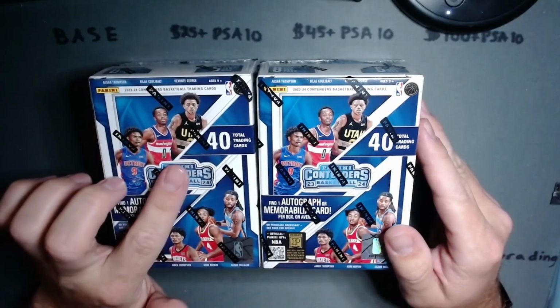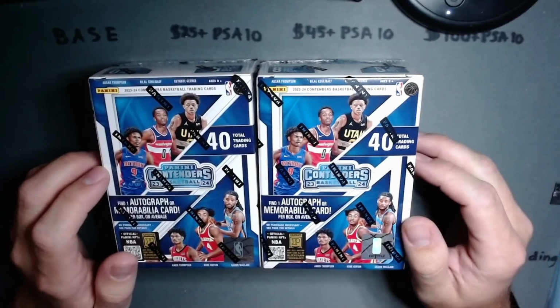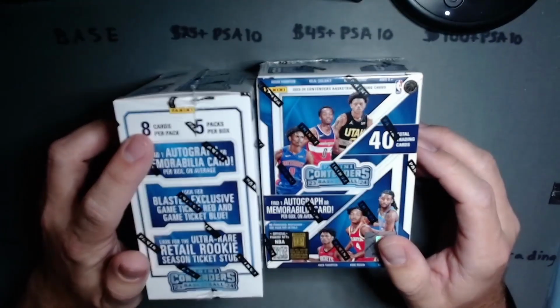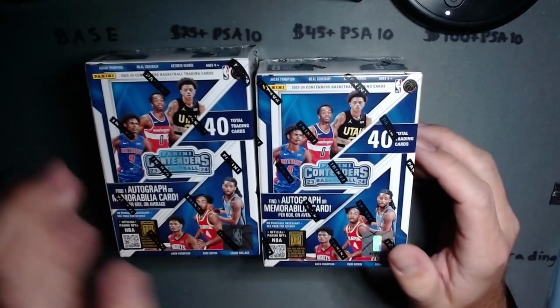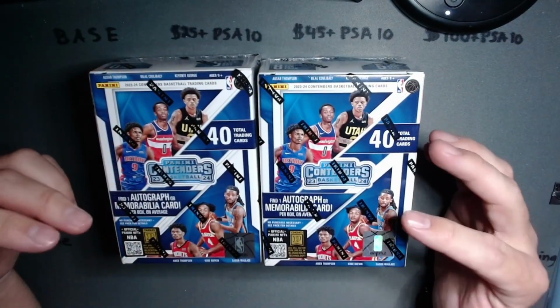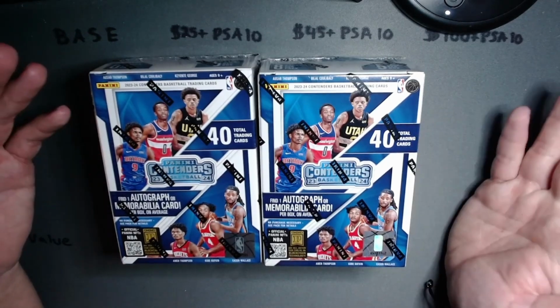You're also going to get 40 cards, which is a lot more than typical with Prism, Select, all that. You're getting more around 24 cards or so, which the breakdown there is 8 cards per pack and 5 packs. But the big problem with this is that being that it is auto-driven, Victor, and